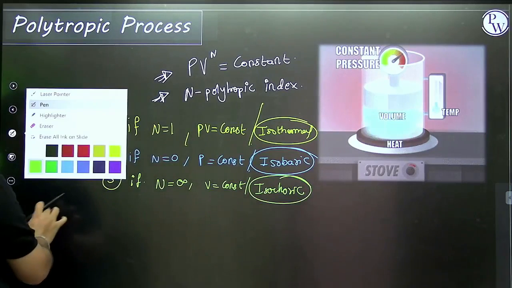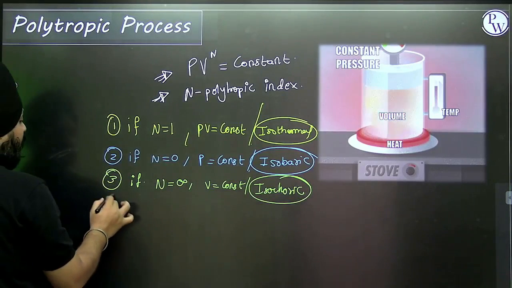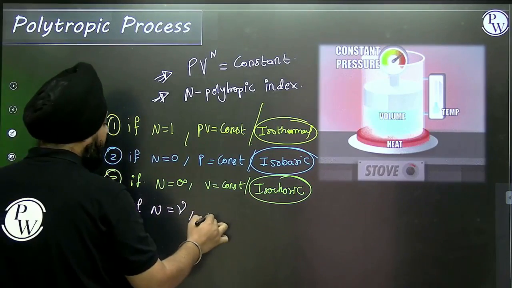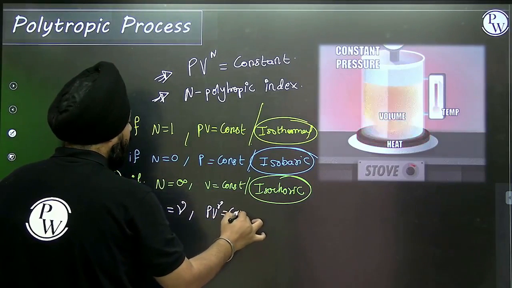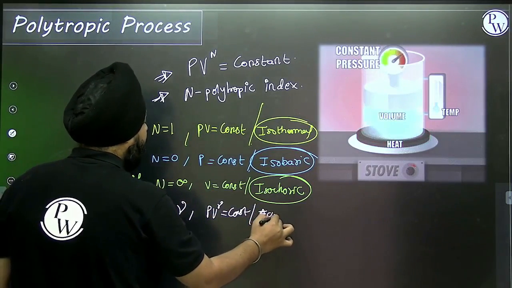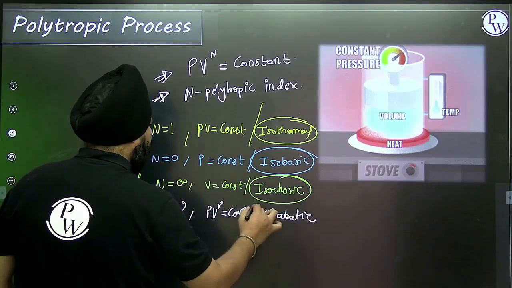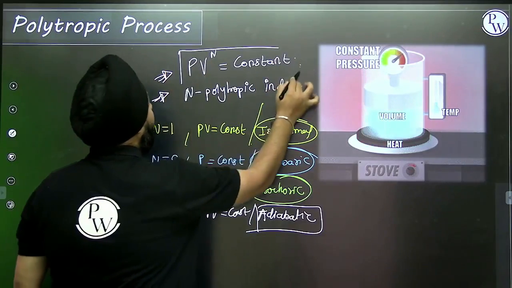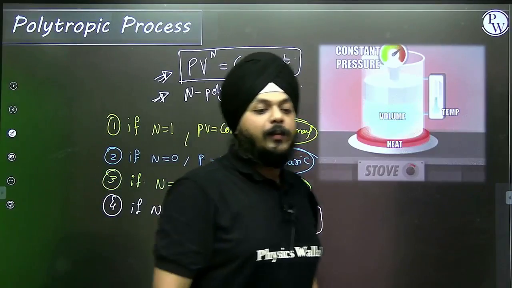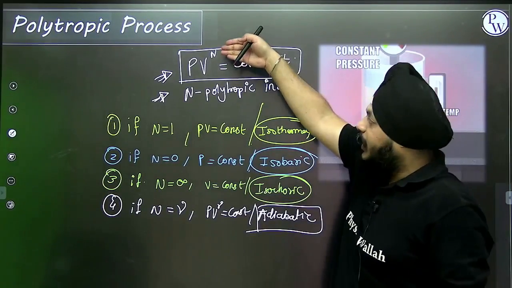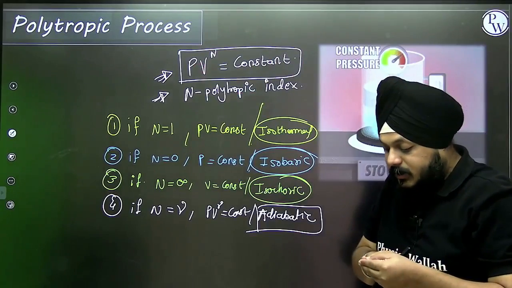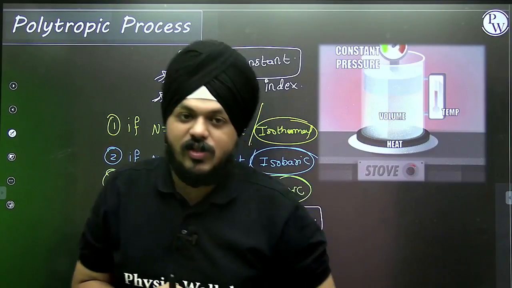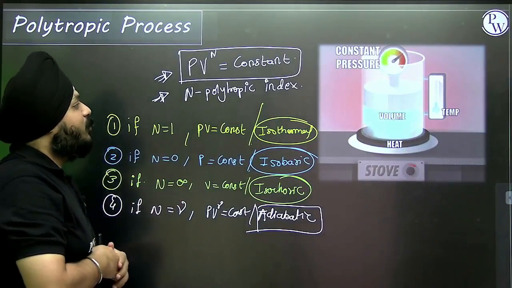Now the fourth process of this, we can say, if the N value is changing to gamma as the adiabatic index, then PV to the power gamma is constant. Then we are defining it as an adiabatic process. So using the polytropic process, we are going to understand the four most important thermodynamic processes in which the value of the polytropic index is getting changed. If the value of the polytropic index gets changed, the process gets changed. This is what our